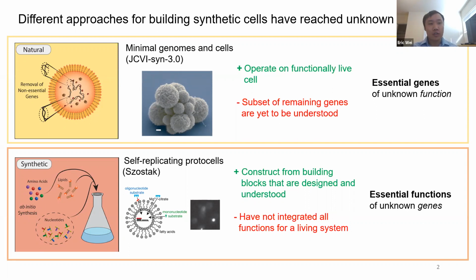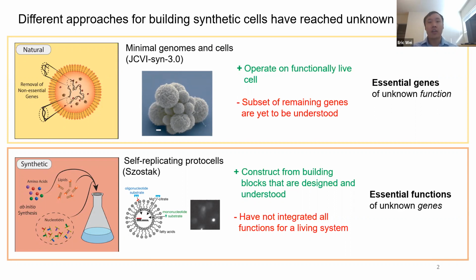But using this approach, for example, when they were able to have a minimized genome of 473 genes, 149 of those genes, nearly a third, had unknown biological function, and 79 of those could not be assigned to a functional category. So you have a subset of genes that remain unknown, or essential genes of unknown function that